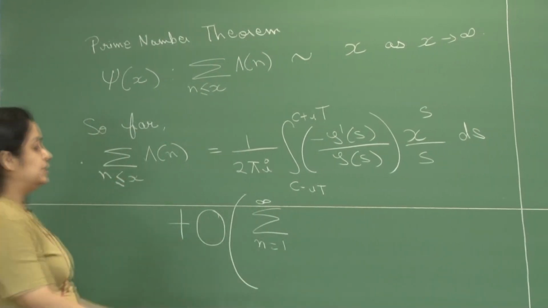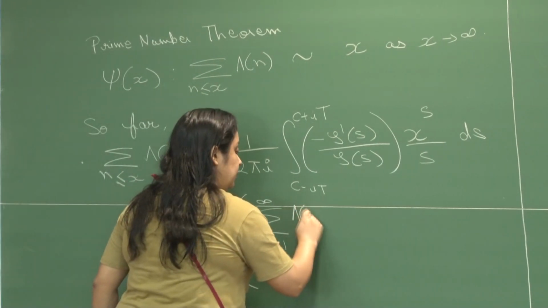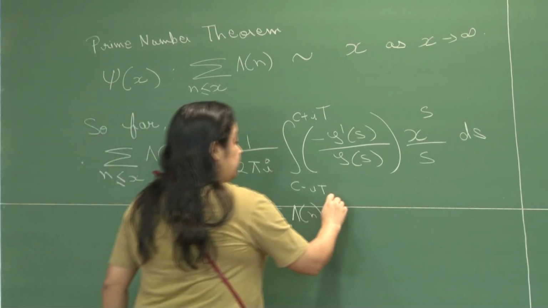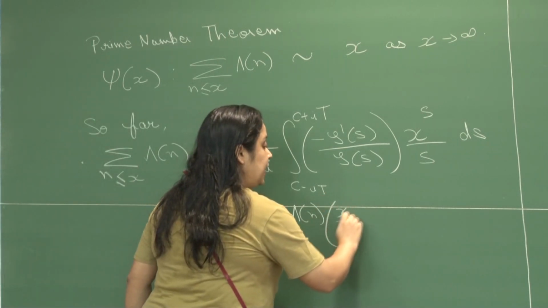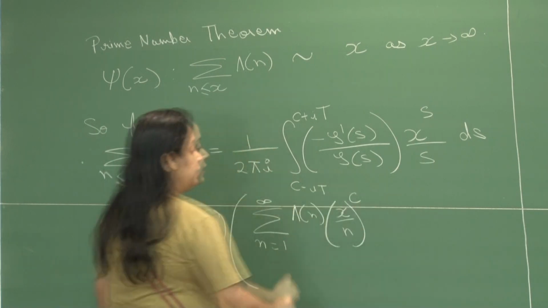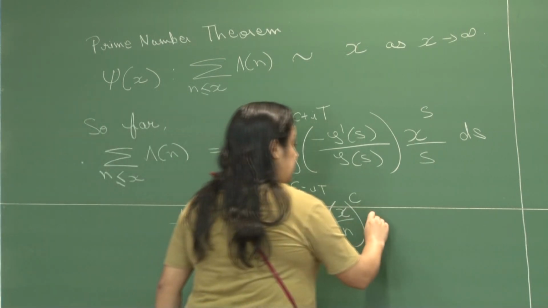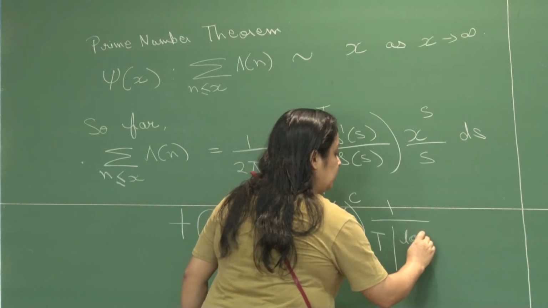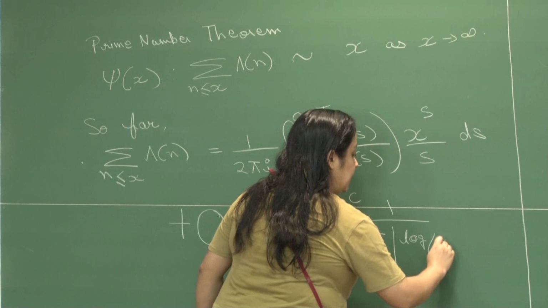It is an infinite sum, but it will converge for appropriate choices of our parameters. So lambda of n times x over n raised to the c times 1 over T absolute value of log x over n,